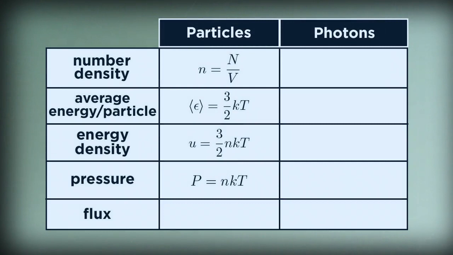Let's start our comparison with the average energy per particle. For an ideal gas, that was 3/2 kT. For the photons, it turns out to be 2.7 kT. That's not so weird. They're both proportional to temperature. There's just a different numerical constant in front. Things get weird, though, with the number density. It goes without saying that for an ideal gas in a closed box, n is constant. The particles don't just spontaneously pop out of nowhere or vanish. Even if we add energy, speeding up the particles, their number stays the same.